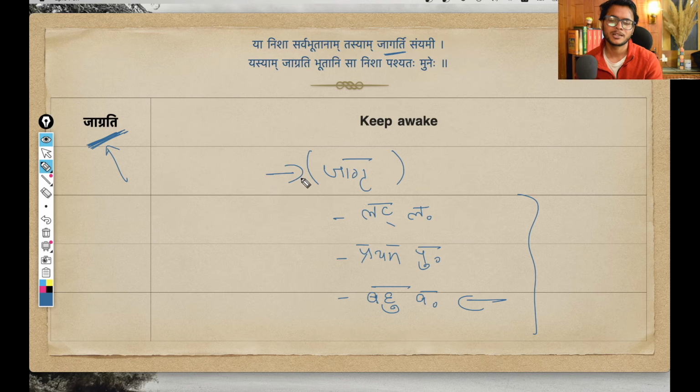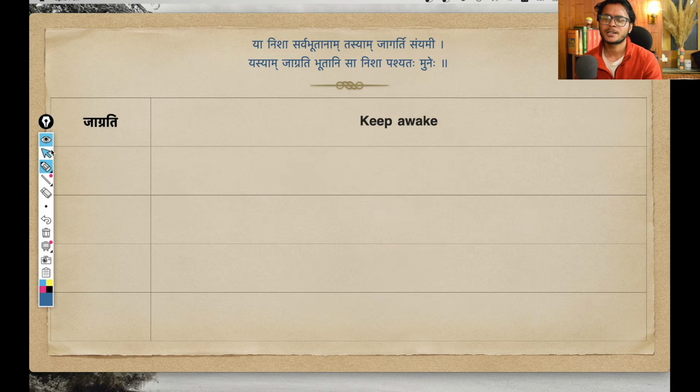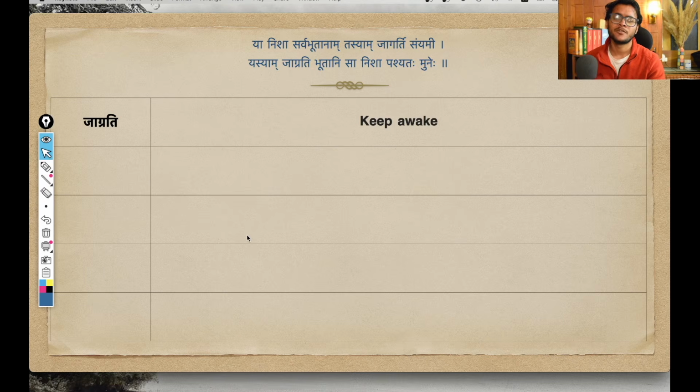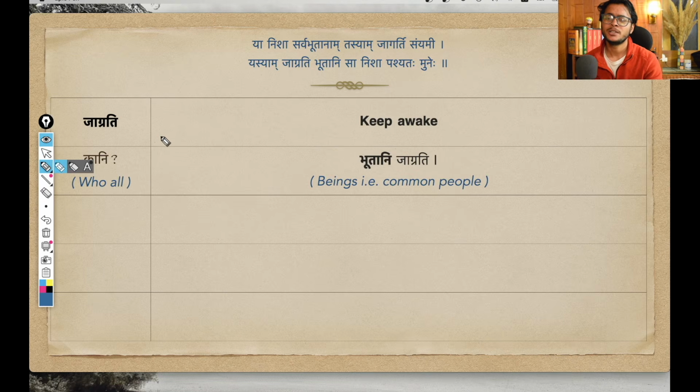So for this Jagra Dhatu, the Latlakara, Prathama Purusha Rupa goes like Jagarti, Jagrataha, Jagrati. These are the forms. The earlier form we saw was Ekvachanam because Sanyami, that was the Karta, one person. Here, Jagrati is Bahuvachanam. Why, we will see. Jagrati basically means they keep awake. And the question will be, Kani Jagrati, who all keep awake? And of course, now he is talking about all the Bhutas. Bhutani Jagrati, all the beings, they keep awake.